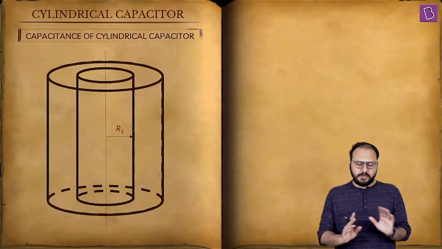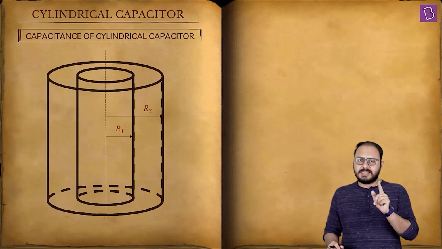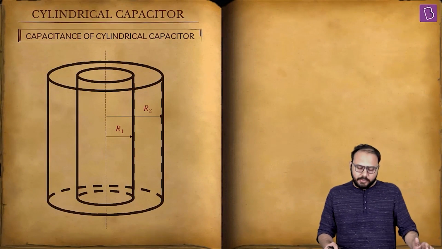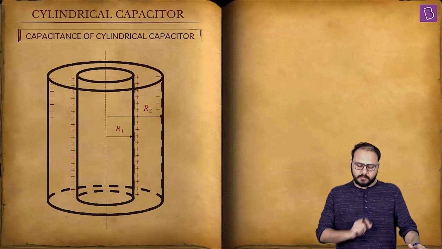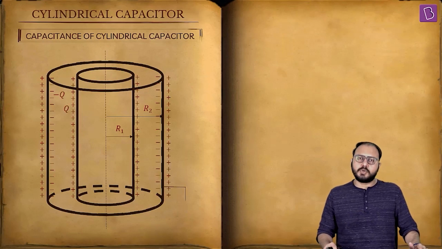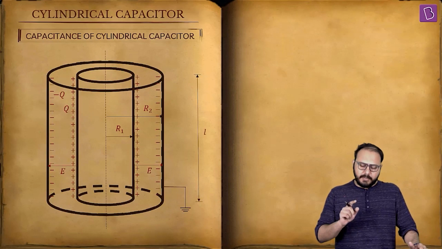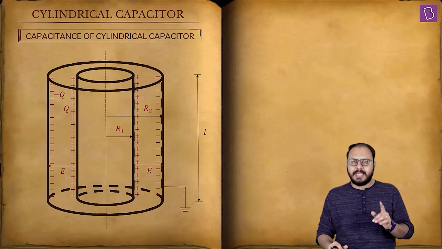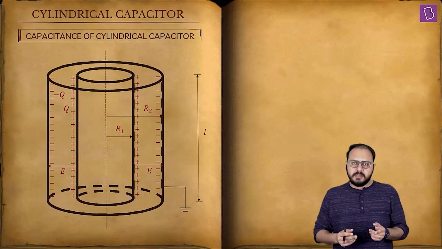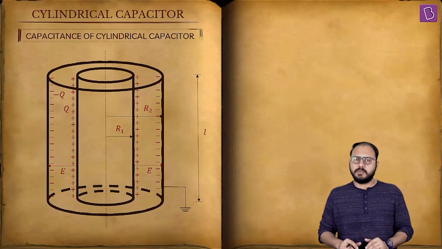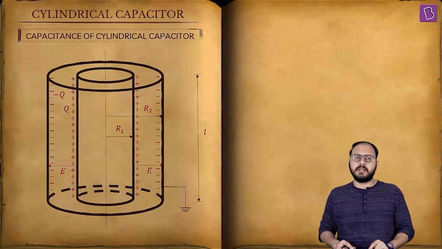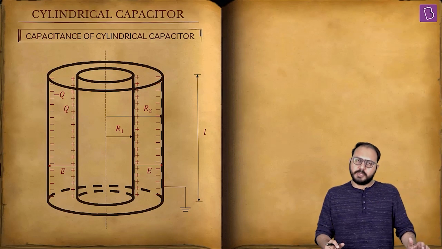Cylindrical capacitor. The method remains the same. Two coaxial cylinders. Can you see that? The inner radius R1, the outer radius R2. Let's say plus Q is the charge on the inner cylinder and minus Q is the charge on the inner surface of the outer cylinder. Yet again, I don't need to tell you that the field inside the inner will be 0, outside the outer will be 0, and field and electrostatic energy will only be in the middle space. Shall we find out?